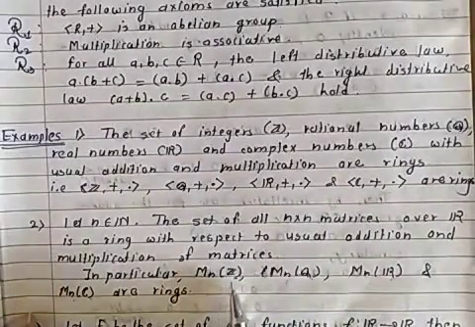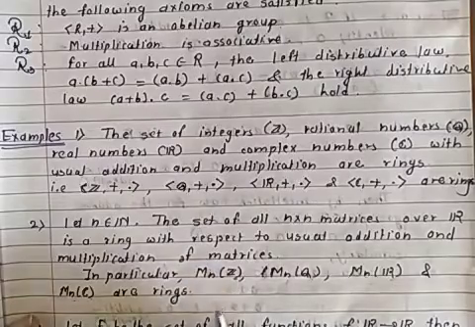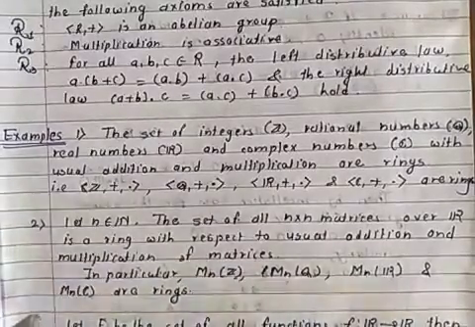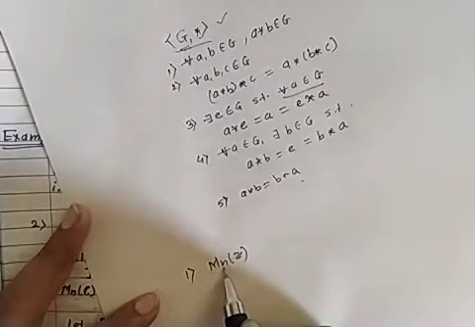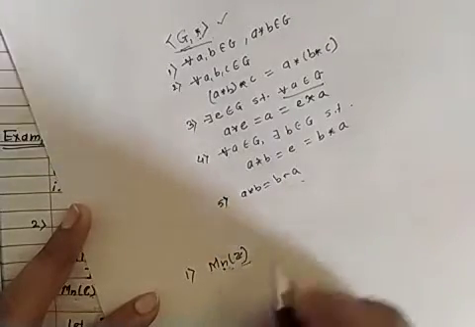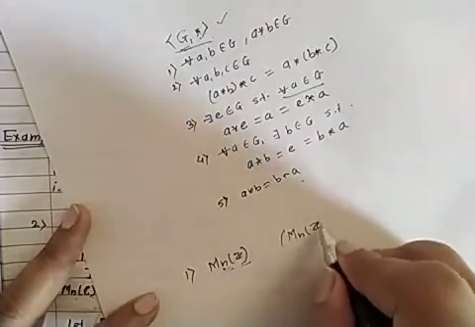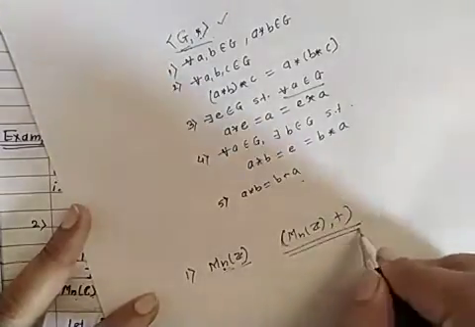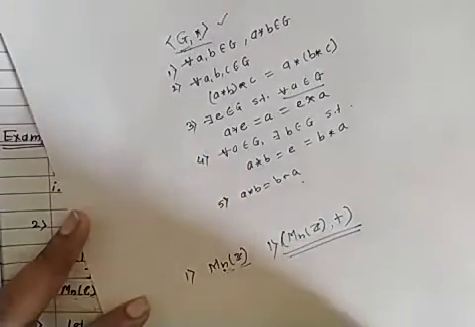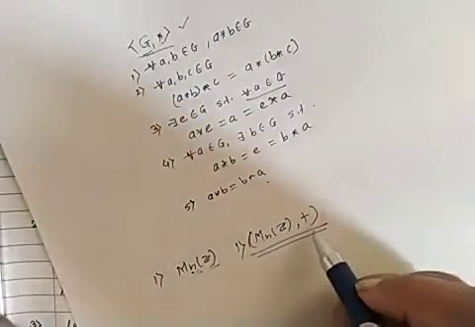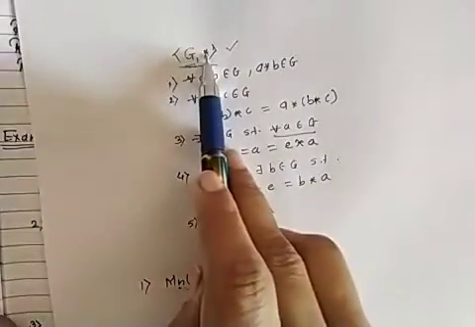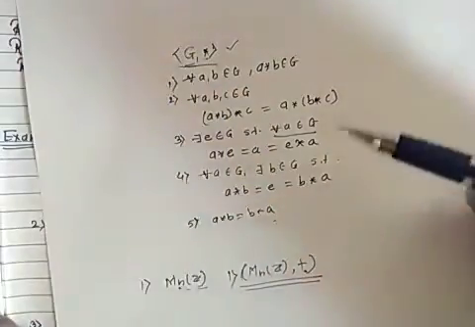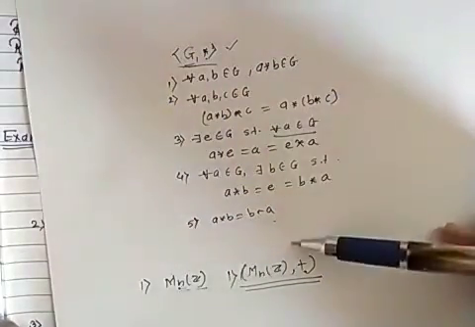The first property: MnZ with respect to addition will be an abelian group. This is the first property for a ring. Suppose you take n as 2, any 2 cross 2 matrix with integer entries. With respect to the first operation, addition, this will be an abelian group. So matrix addition is an abelian group. Here, in place of star, you will take addition, and with respect to addition all these 5 properties will be satisfied.